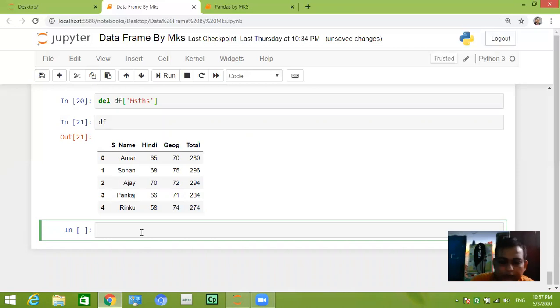So what will you write? df.drop, in the function the column name, we want to delete Hindi, and one more argument it will take, that is axis equal to 1.